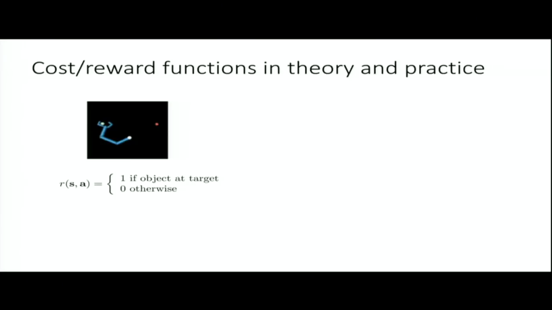Maybe we just say, let's have the reward be 1 if you do a good job, and 0 otherwise. That makes sense. You want something pretty simple. Now, in practice, you'll often find that with the kind of reinforcement learning algorithms that we have today, these kinds of reward functions are very, very difficult to work with. The reason is that until you've moved that little ball to the target, you don't really know what you're supposed to be doing.